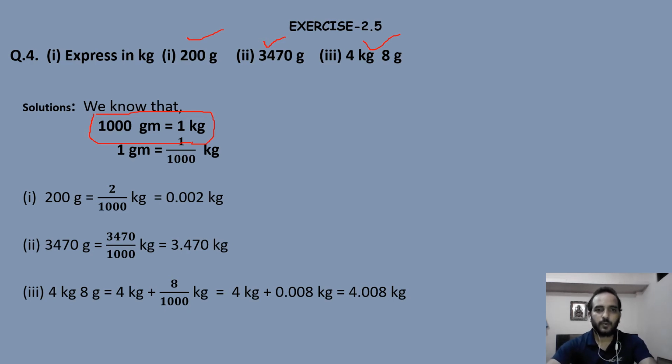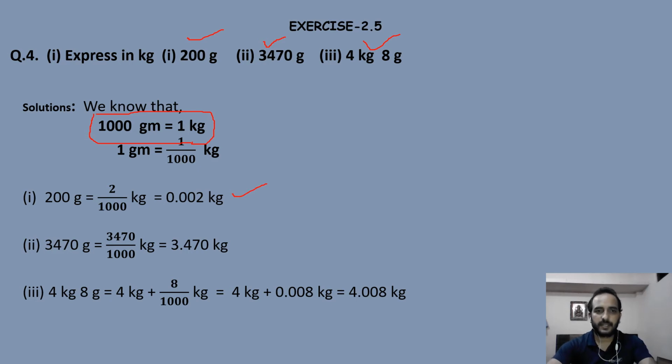So here we have 200 gram, that is to be converted into kilogram. So we need to multiply 200 gram with 1 upon 1000 kg. So 1 gram is equal to 1 upon 1000 kg. So 2 gram will be 2 upon 1000 kg, or 5 gram will be 5 upon 1000 kg. Similarly, 200 gram will be 200 upon 1000 kg. So here we have converted it into decimal value, and that is 0.2 kg.